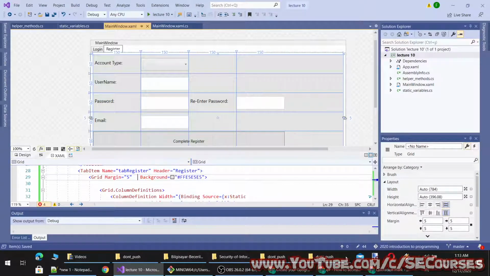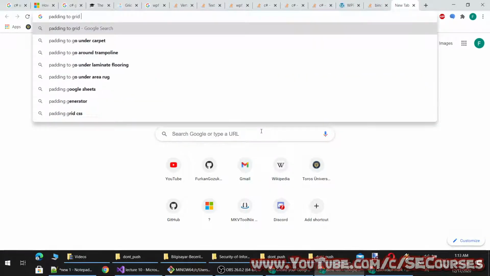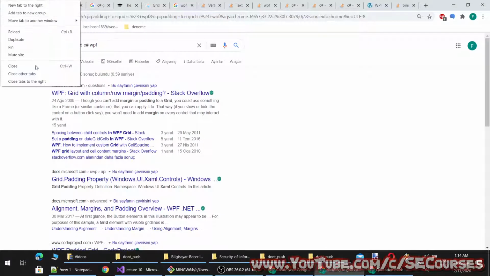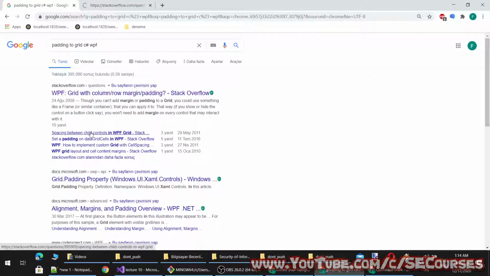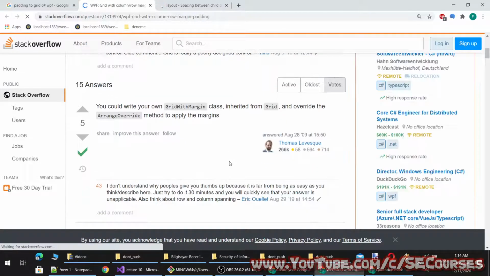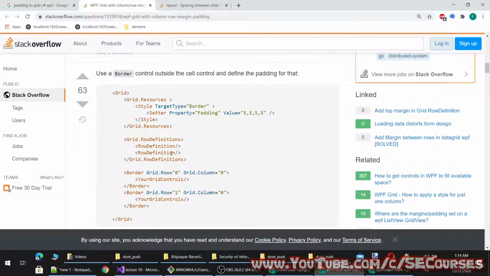Let's see if we can add it somehow. They use a border to control outside space.